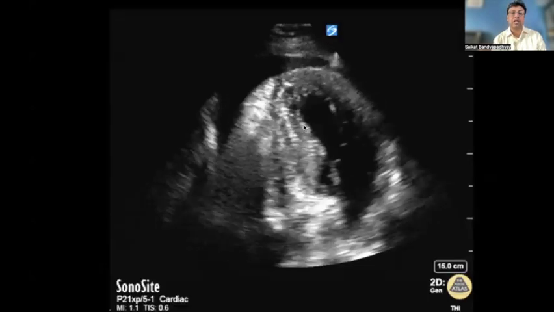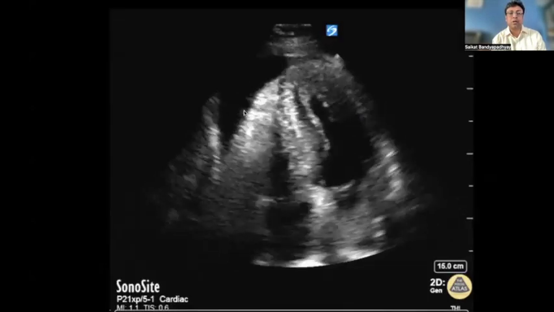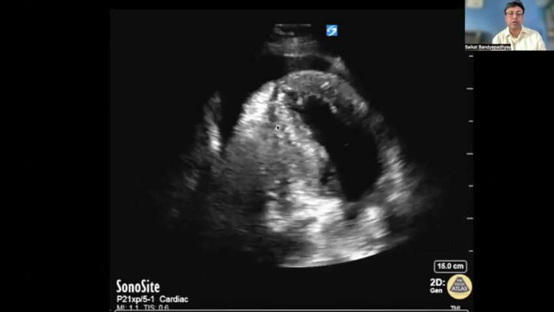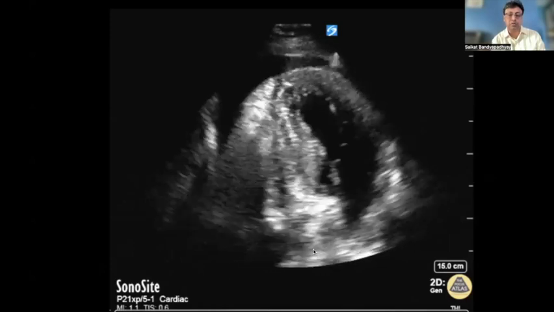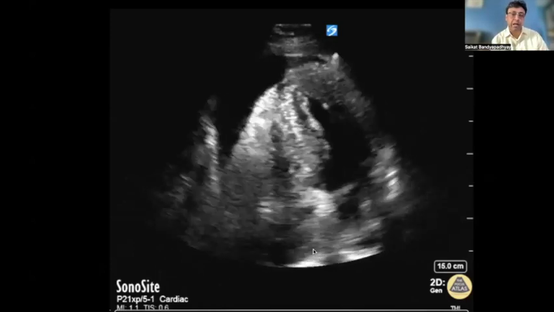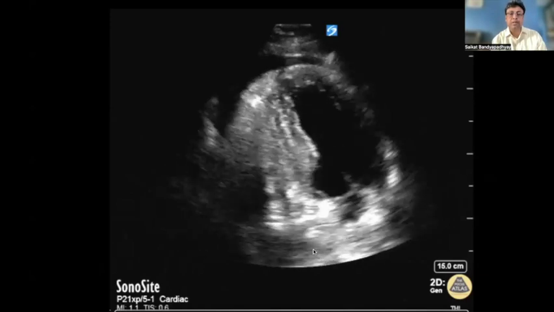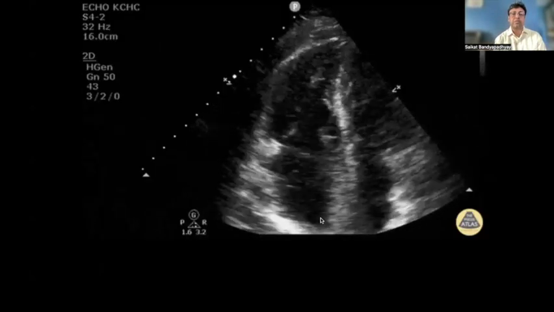What you see over here, the heart is floating in a lot of fluid. This is pericardial effusion. You should have an ECG over here to diagnose whether there's a RV diastolic collapse, there's a tamponade, and so on. This particular image is very classical. If anybody can identify it,